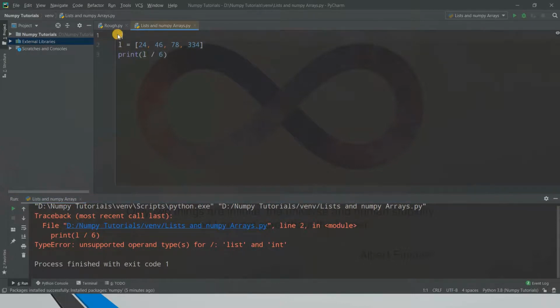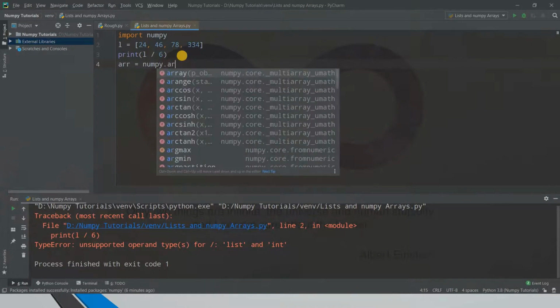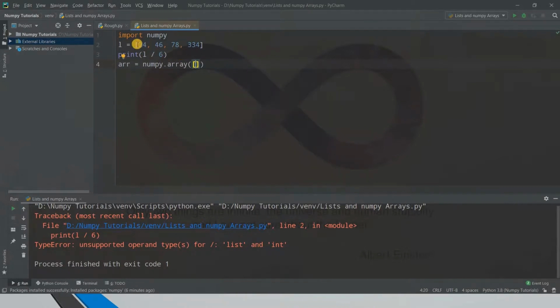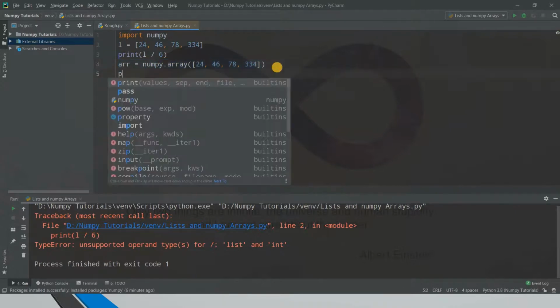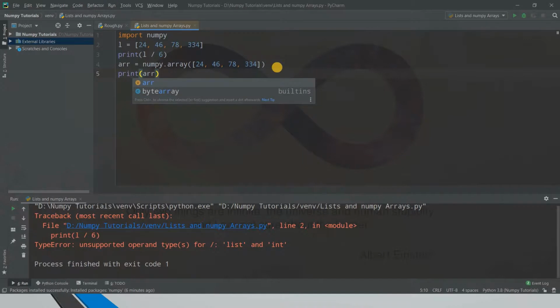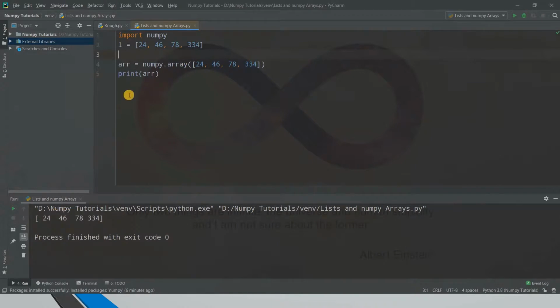So this is one of the advantages, you can say. What we'll do is import NumPy and create a NumPy array. I know I haven't told you what NumPy arrays are and how to create them. We'll see about them afterwards, but for now I'm just going to create a NumPy array and not discuss too much about it. I'll just copy and paste it over here. This is one of the ways to create a NumPy array. There are many ways, and I'm going to discuss creating NumPy arrays in the next tutorials. First of all, let us print out the array to check if the code is right. See, our array is correct, it is working.